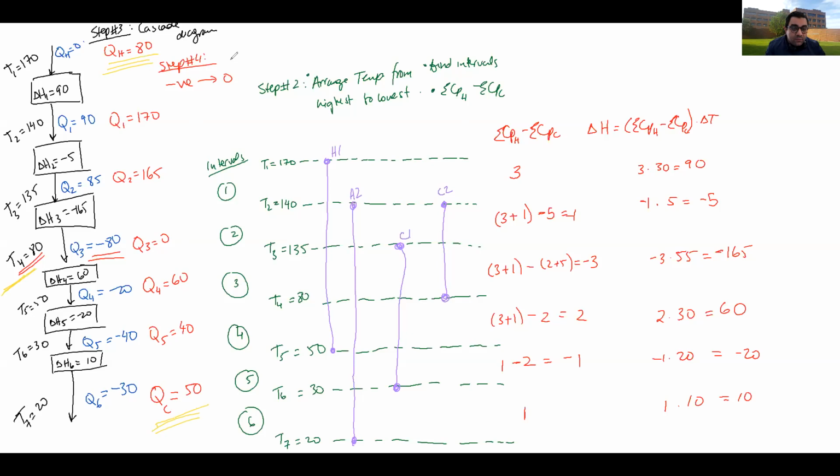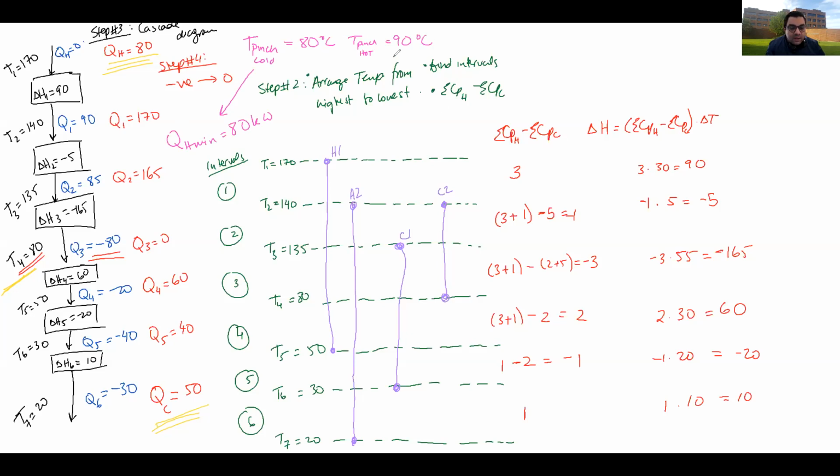So after step 4, I know that my T pinch is equal to 80, and this is basically cold, and the hot will be 90, right? I also know that my QH minimum is 80 kilowatts, and this is degrees Celsius, of course,